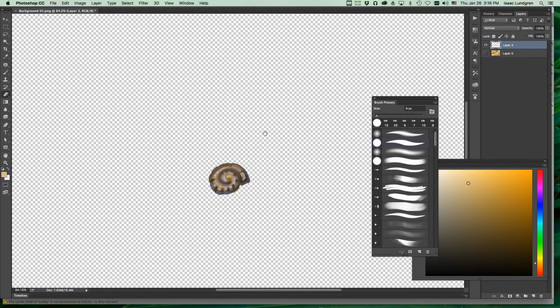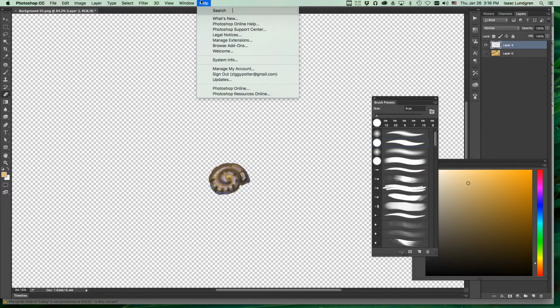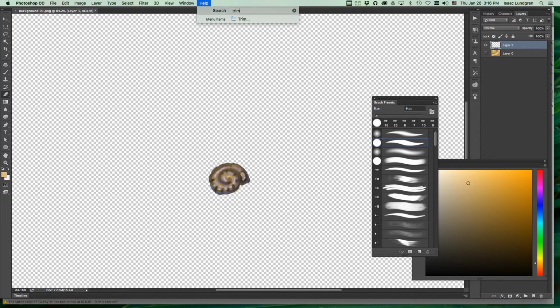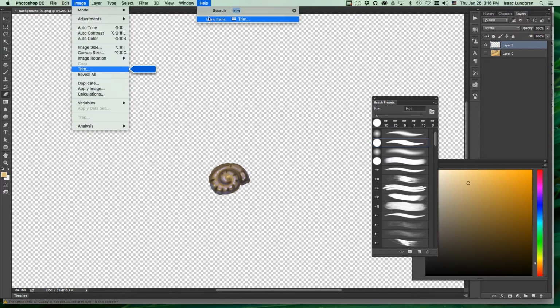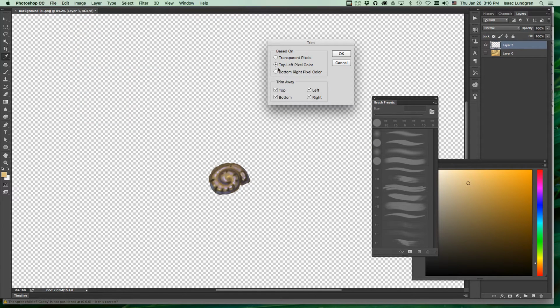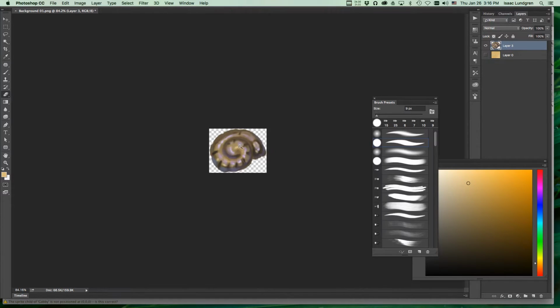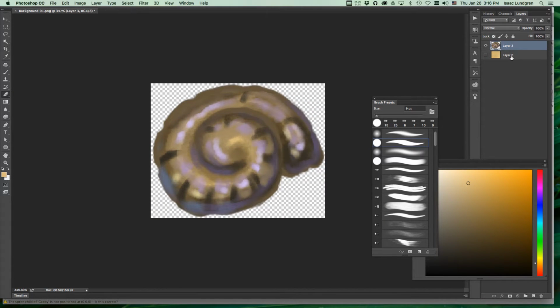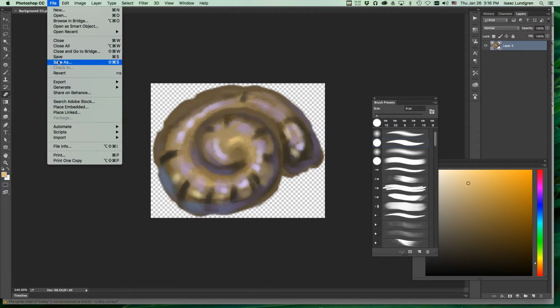So here is a quick tip. If you're using Photoshop, you can trim edges. If you forget where trim is, just type it into help. Trim. It's under Image, Trim. You can choose all the sides. Click OK, and we've got a nice small object here. All we have to do is erase the background. Now, do not save this because it's going to overwrite your original image. You need to save as. So I'm doing a save as here,